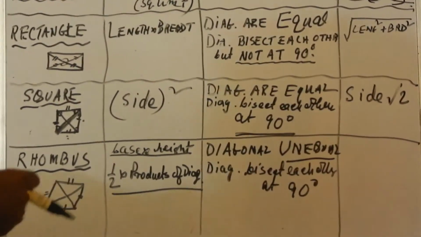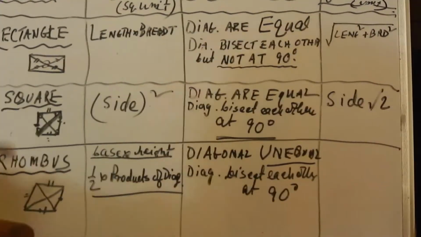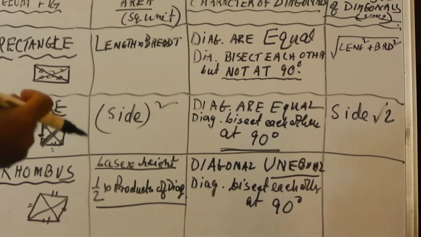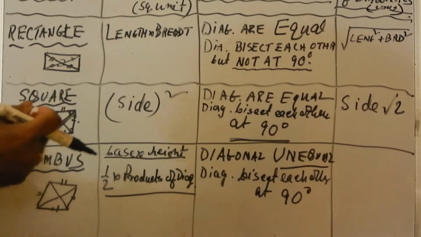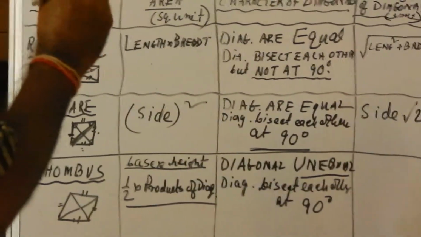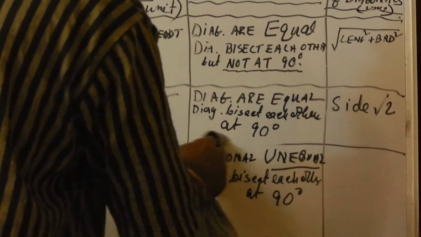So here is a difference with the rectangle. In the case of square and rhombus there is a very common similarity because all the sides are the same. So here is the point that the diagonals bisect the